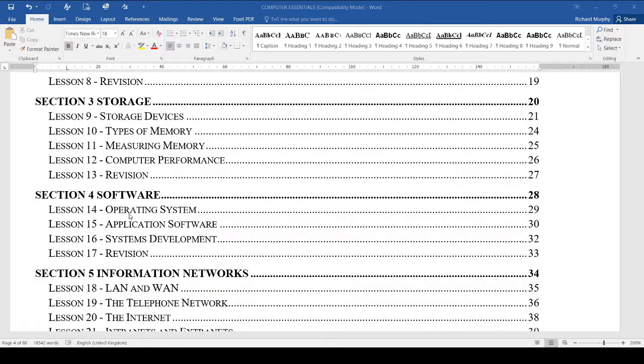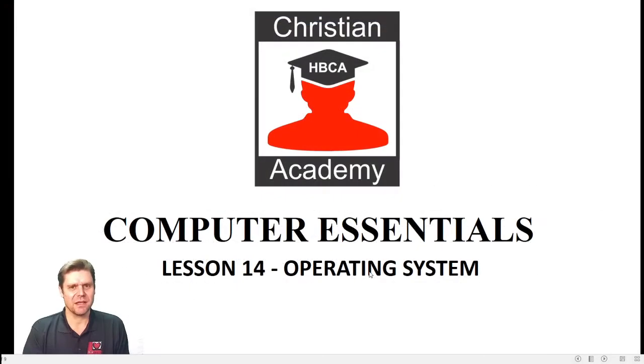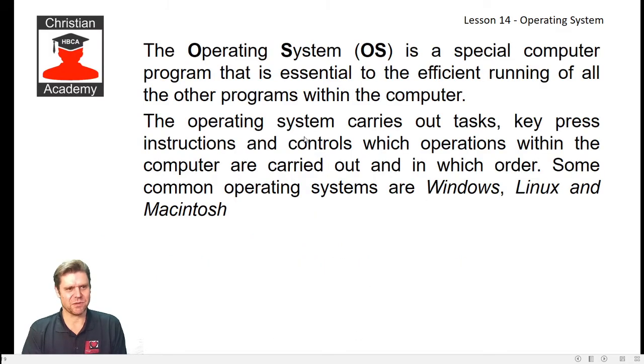I just want to show you. As I mentioned last lecture, we're starting section 4 and we're going to be talking about operating systems. So we'll get straight to operating systems, and let's get to our slideshow, and then we can ask ourselves a few questions there as we go through this.